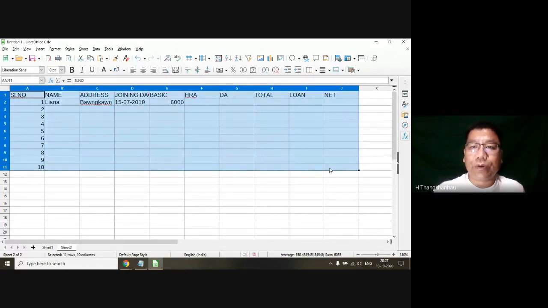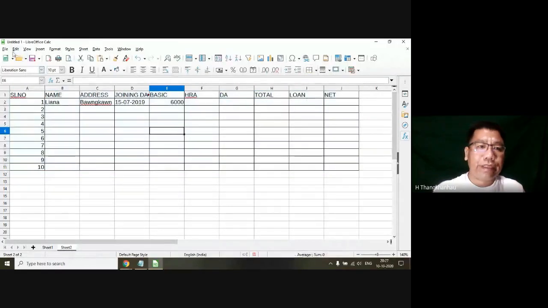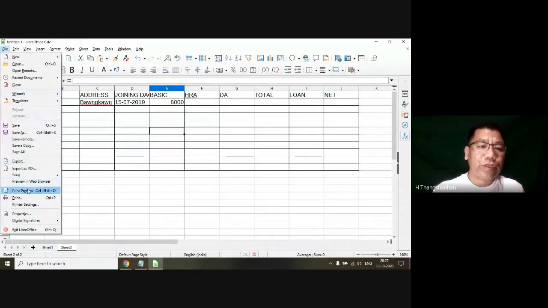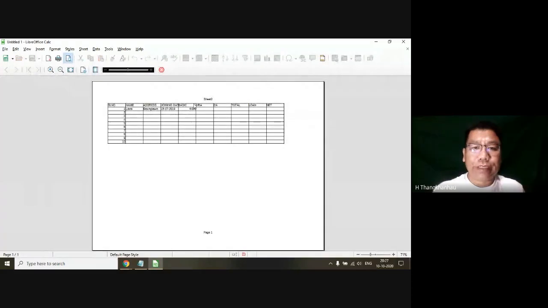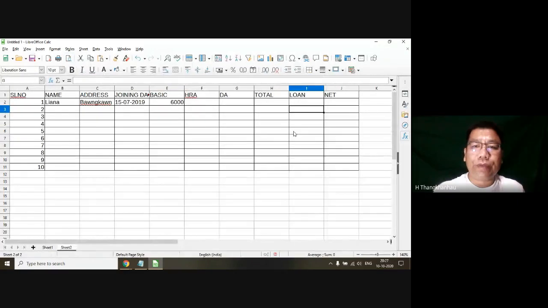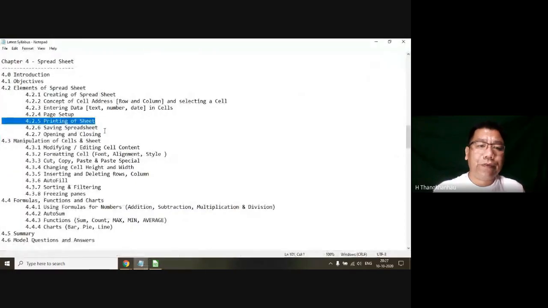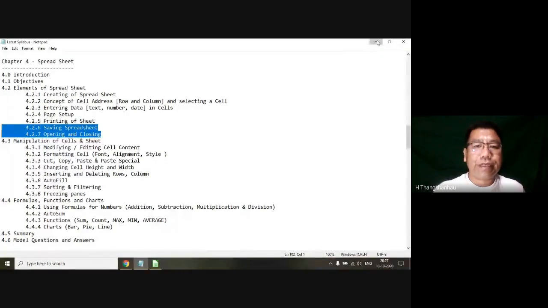So select all the cells, and here we have different borders. So let's select all, and then let's go to File, let's go to Print Preview, and then you will see the actual table now. Okay, so that will appear only when you give the border. If you don't want to give border, you have to select this after selecting all these things. All right, and before saving and before opening and closing,